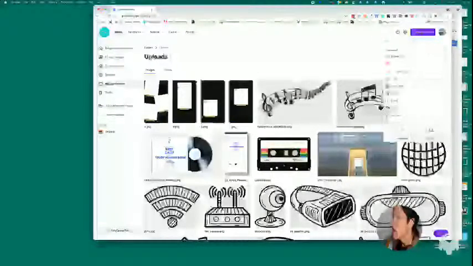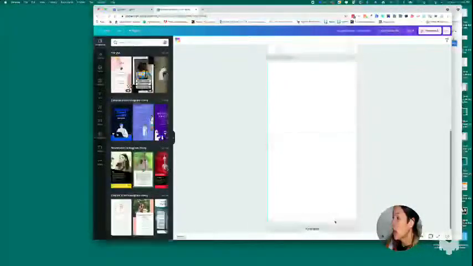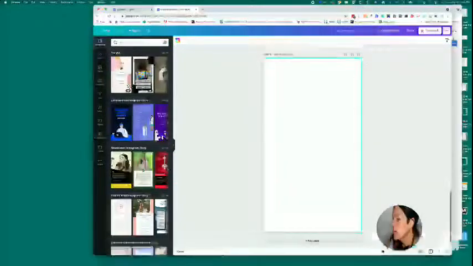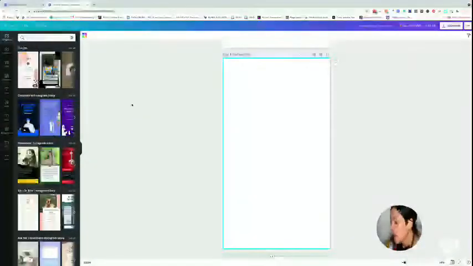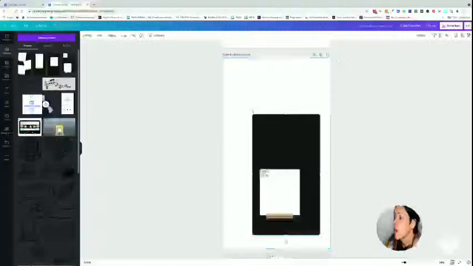So let's say I create a new design. I'm going to go to Instagram story. And this is blank. Now we'll go 1, 2, 3, 4. Might as well click this. Okay. And then I'm going to go to my uploads and go like this, right? 4.